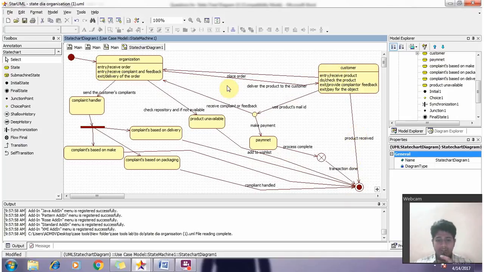If the customer needs a product that is not available in the organization, it will check first. If the product is unavailable, it will be added to the wish list. When it arrives, it will notify the customer. Then the second diagram